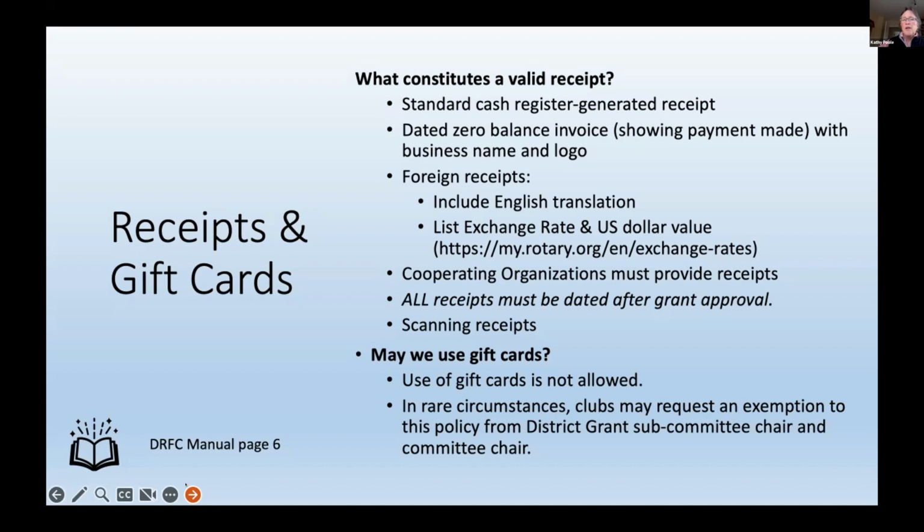For anybody doing international projects, if the language in the country in which your project is taking place is other than English, we'd like to have an English translation of the receipts. And we also need to know what the exchange rate is, so that we can calculate, if you're doing a project in Mexico, how many pesos to the dollar, so we understand the value in US dollars of